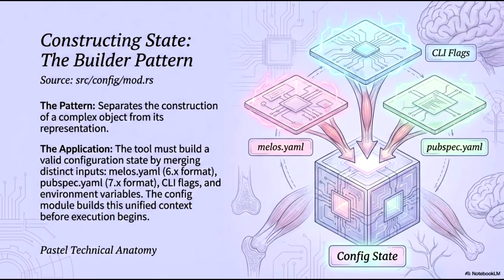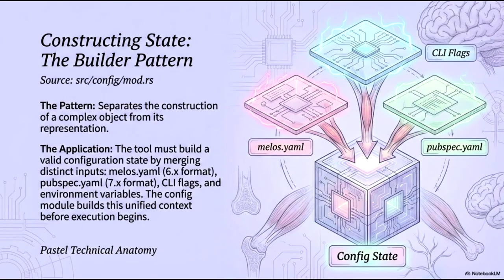As illustrated, we must consolidate data from melos.yaml in its 6.x format and pubspec.yaml in its 7.x format, while also integrating dynamic inputs, such as CLI flags and environment variables. The configuration module serves as the builder, systematically merging these distinct sources to create a unified context. This entire process is completed before execution begins, ensuring that the application operates on a consistent, validated, and fully realized